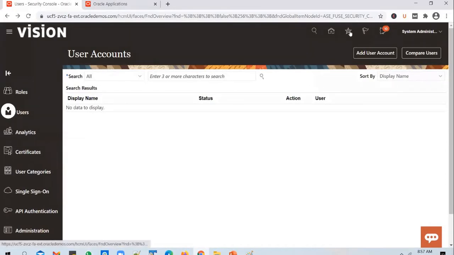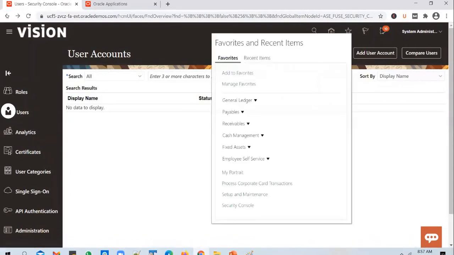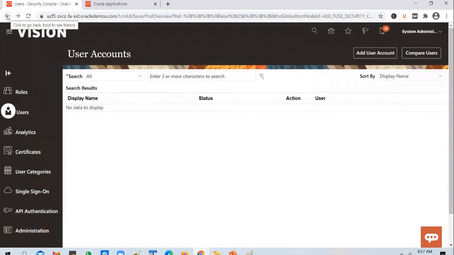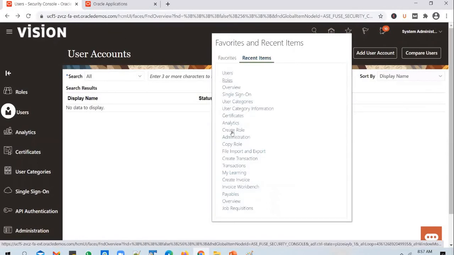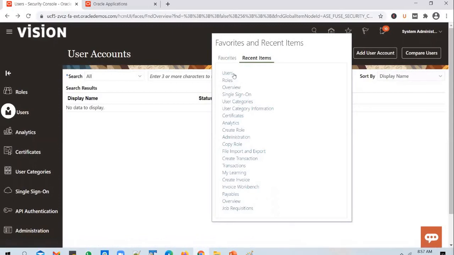No, if you want to go back to the previous page, one option you have is the back button. If it works, it works. In some cases, it doesn't work. We'll not be able to do much about it. But one option that will help you is, you click on the favorites button. There will be something called recent items. So if you click on it, you will be able to see the screens that you visited earlier, and you can switch back to that screen easily. So this option helps you.